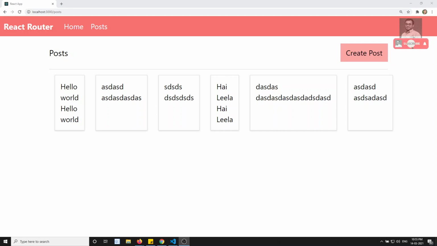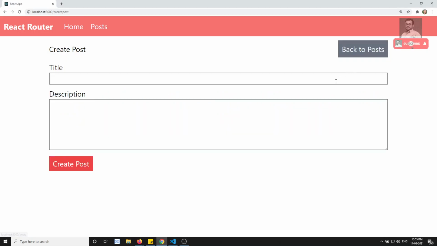In the previous videos, we have seen the selectors concept in Redux. We have covered the selectors concept, and how to access the props in the selectors. Now let's go back to our project. What we are dealing with is the post project using the Redux app. We are able to get all the post details here, and now we are able to create the post also.